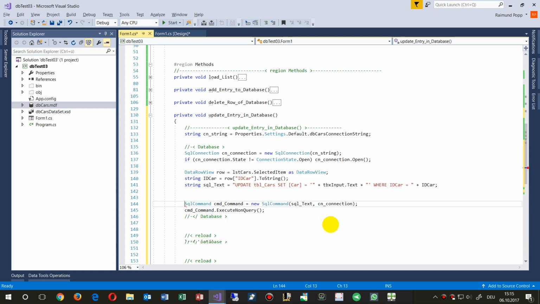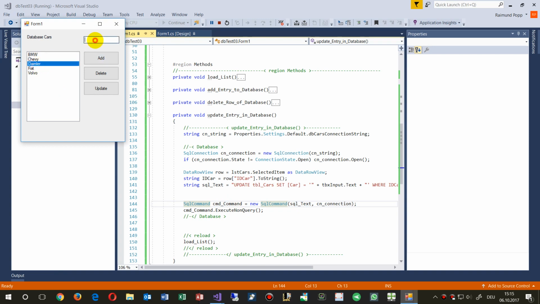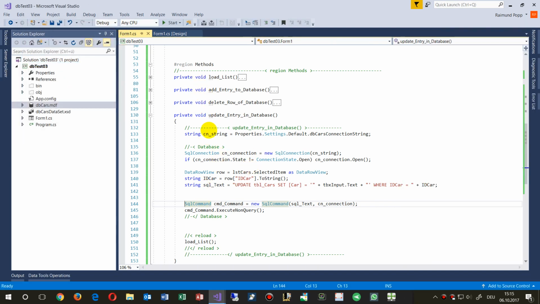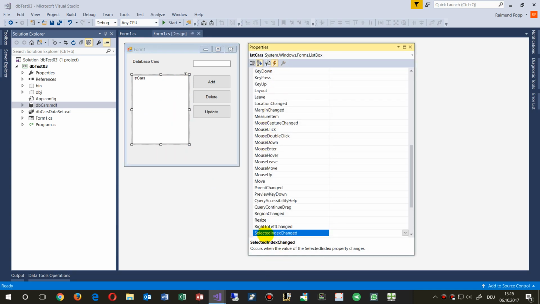And then we say again, do this point into the run it inside the command. So when we do this now, when we are there and type something in here, so for example Daimler 1 2 3 4, something like this, and we update it, then it's overwritten. What we do now finally as a last stuff is we go there in the list and we want to keep those fields synchronized. So we say if the index here changed like this,